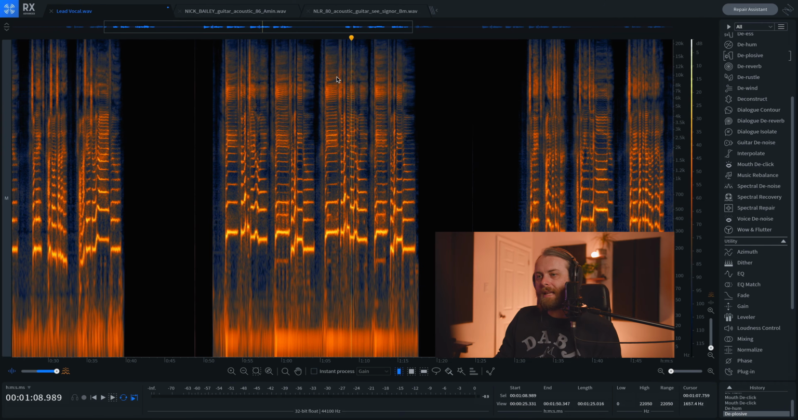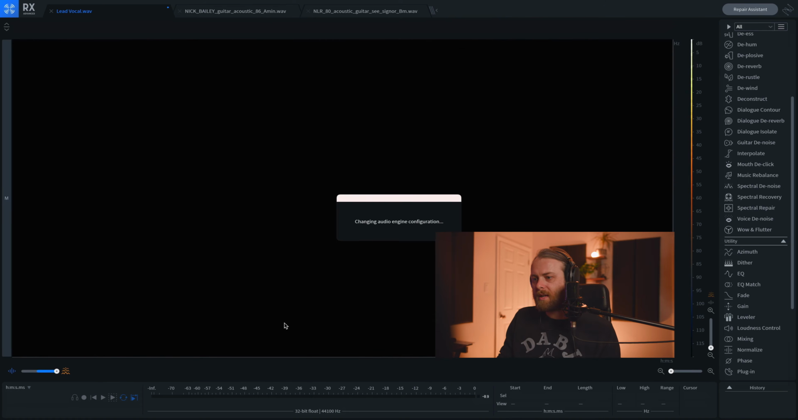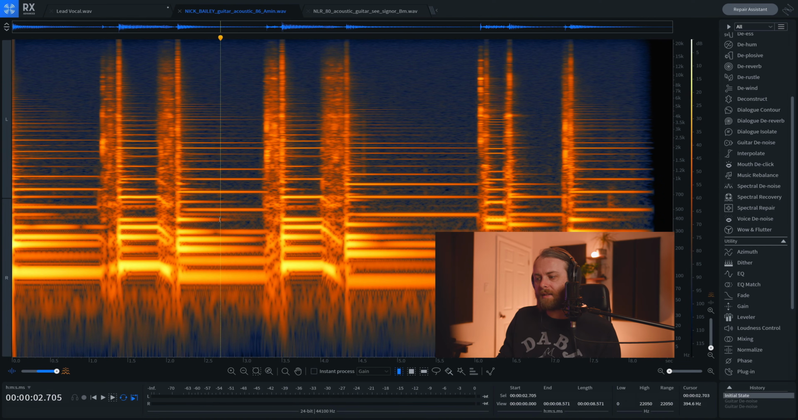So again, in keeping the music focus, we had a vocal, right? We got rid of some hums, some mouth clicks, some plosives. I want to show you another module that is used a lot in music to clear up problems, and that's guitar denoise over here. What guitar denoise is really good at is attenuating, not removing, but attenuating a lot